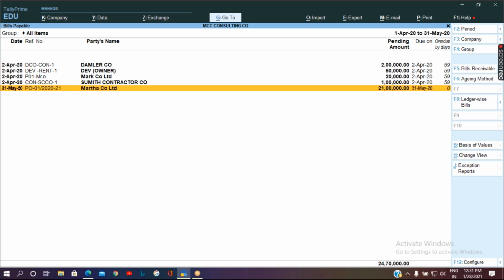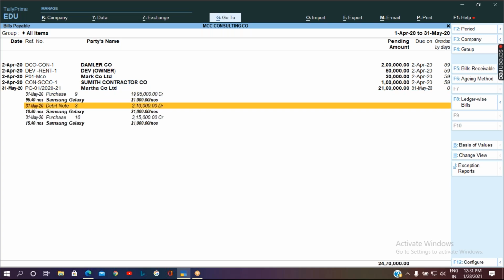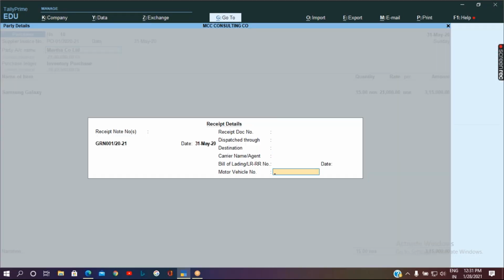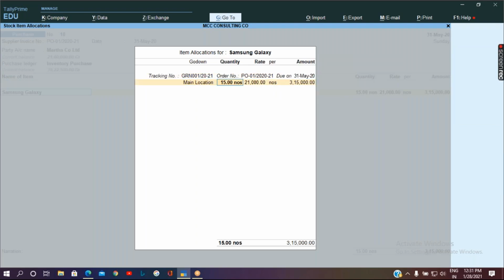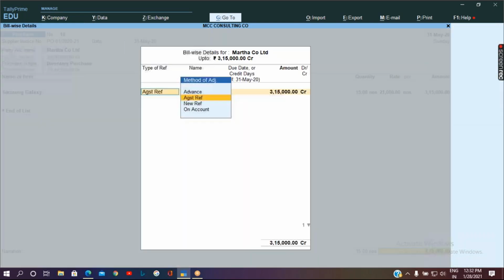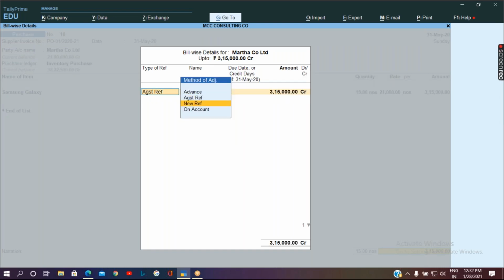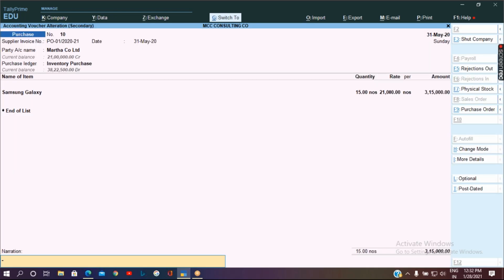In case while passing the purchase entry, the second purchase entry, if you would have used a new reference with a different reference number, so let me take it for example, PO001, accept, accept.